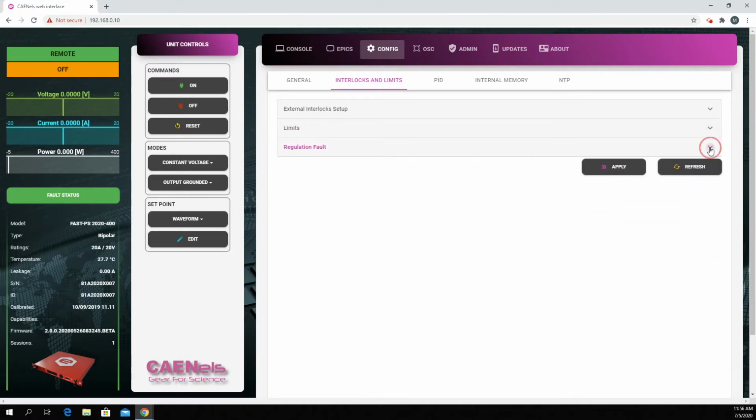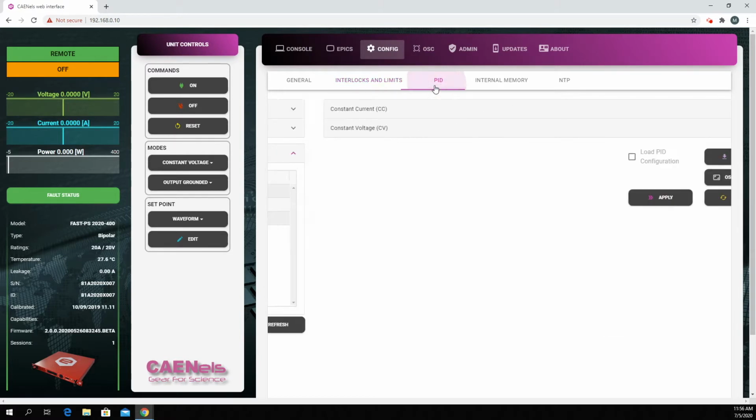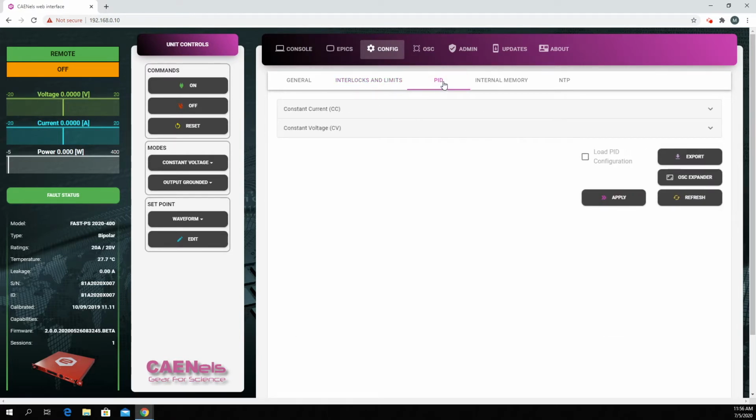Moving on further to the regulation fault limits. If you have the unit going 0.5 amps outside of its set point, or similarly for voltage, that's where you set that limit, as well as the time that should pass before it trips. Okay, pretty obvious. Now, this is a fully digital power supply,